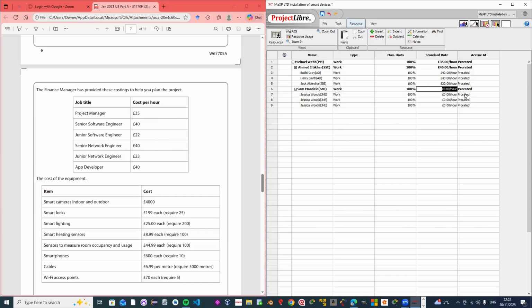Senior network is 40. Junior network is 23. 23 for all of these guys. All right, good. So we have all of that. But remember, we need to also add these resources, which is the items that will be used on